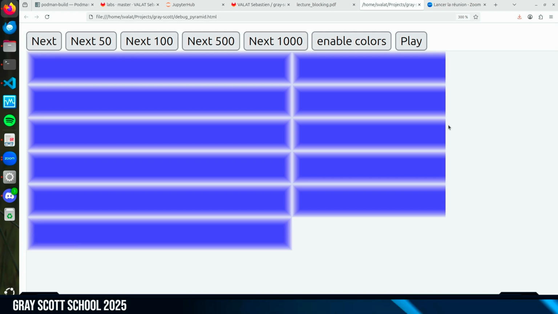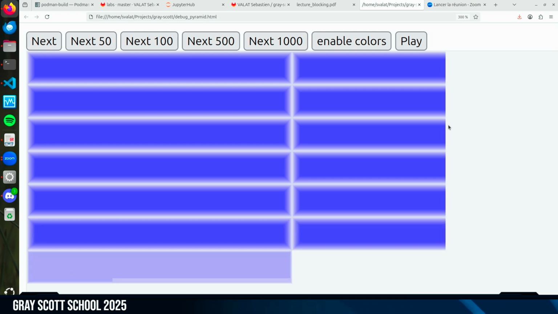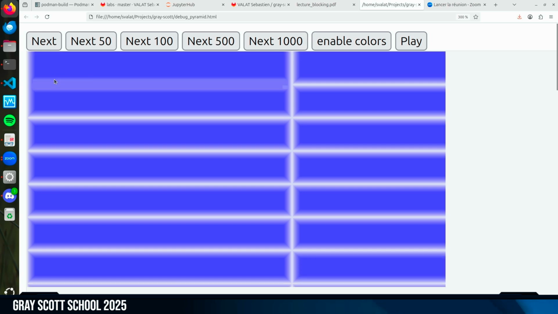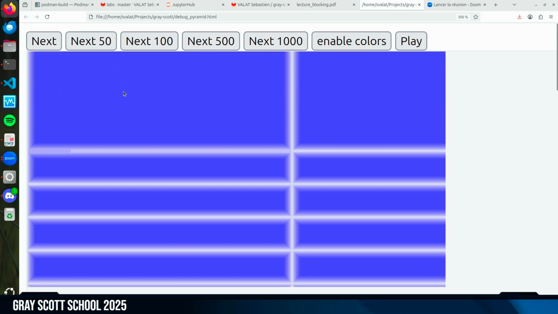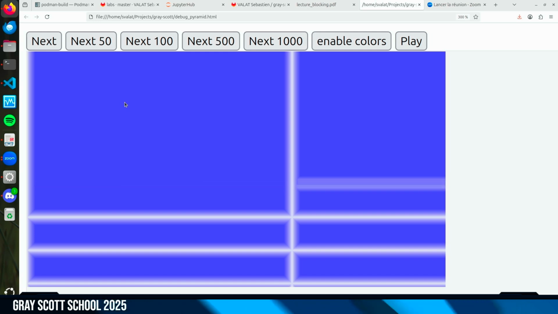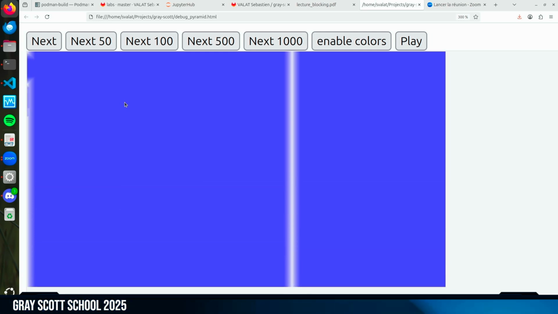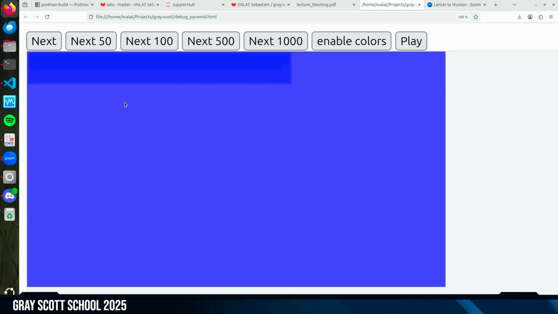Then when I have done all the pyramids, I will try to fill the part on the top, on the left first. Sorry, I made left and now top and bottom. So I fill the wall, making a pyramid on the other side, going up. Then I will need to make the other line, which leaves some holes in the corner, and I cover all the frames I have to compute.